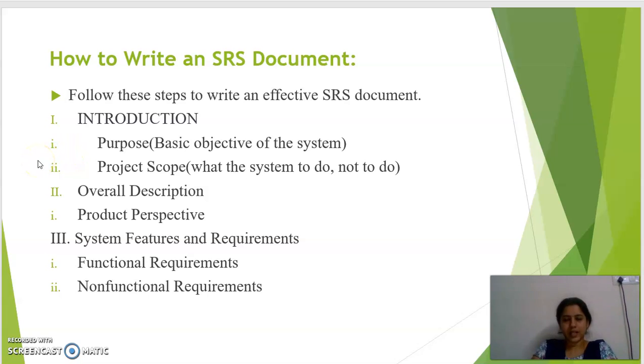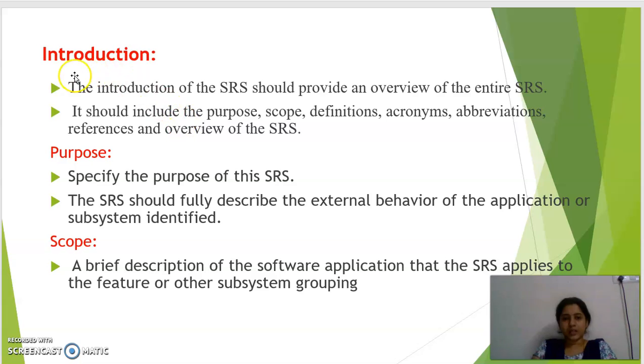So these are the sections specified in the SRS document. So in the introduction: purpose, project, overall description, product description, and in the third one, system features and requirements. Under this, functional requirements and non-functional requirements are specified. So coming to the